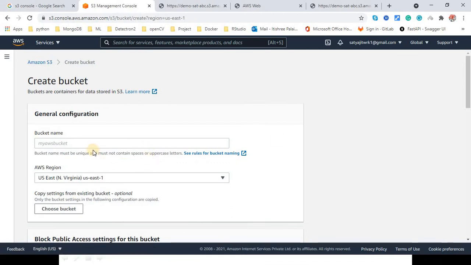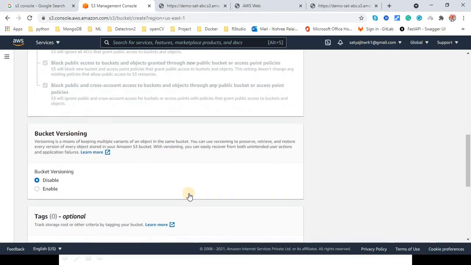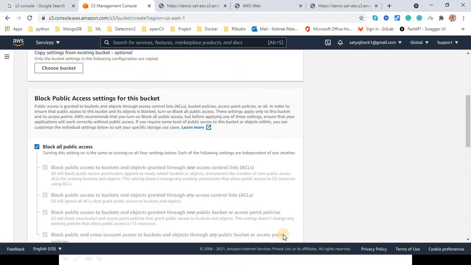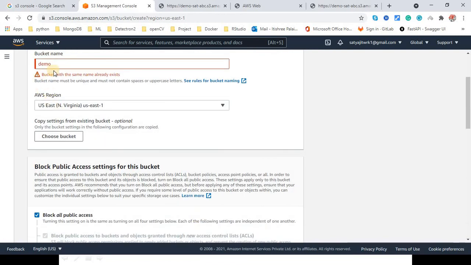So let's try creating a bucket with a different name. Let's say I call it demo, and now let me try to create the bucket. And when I pick this one, you see that the bucket name already exists. If a name already exists, you can't create a bucket.